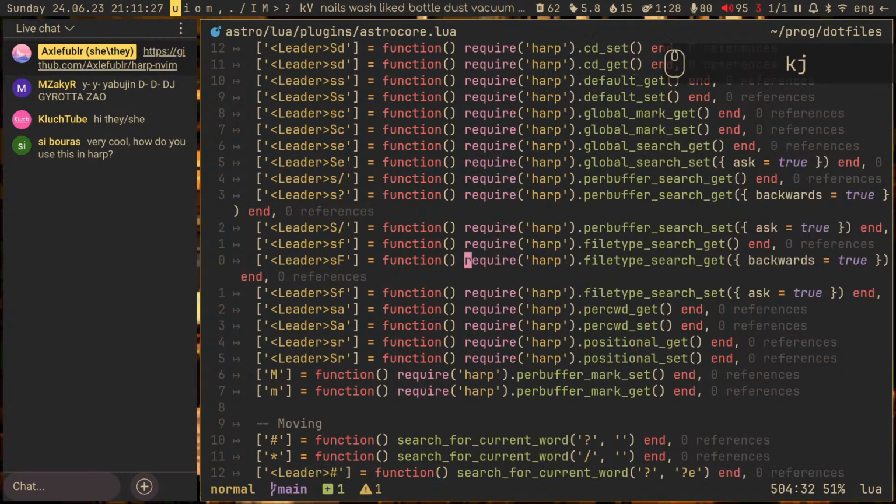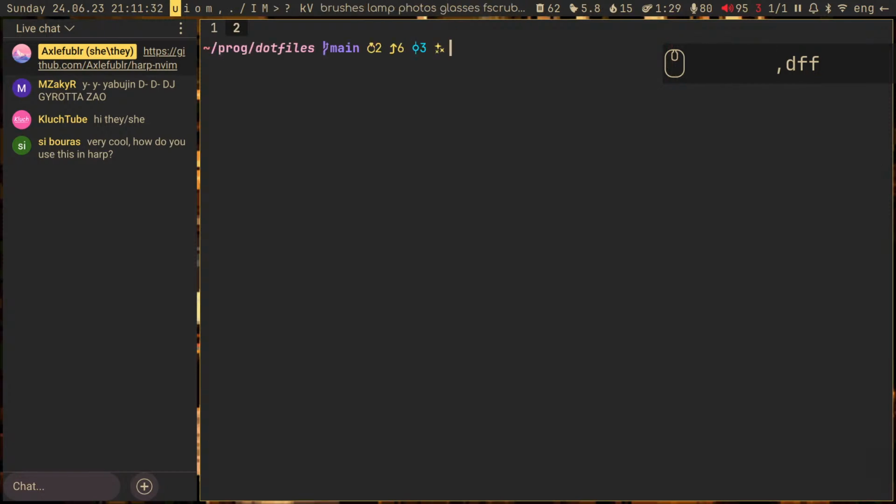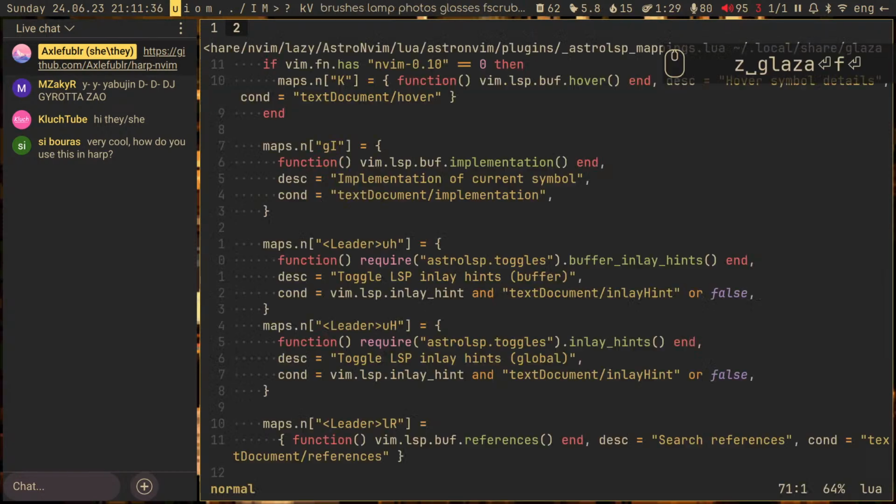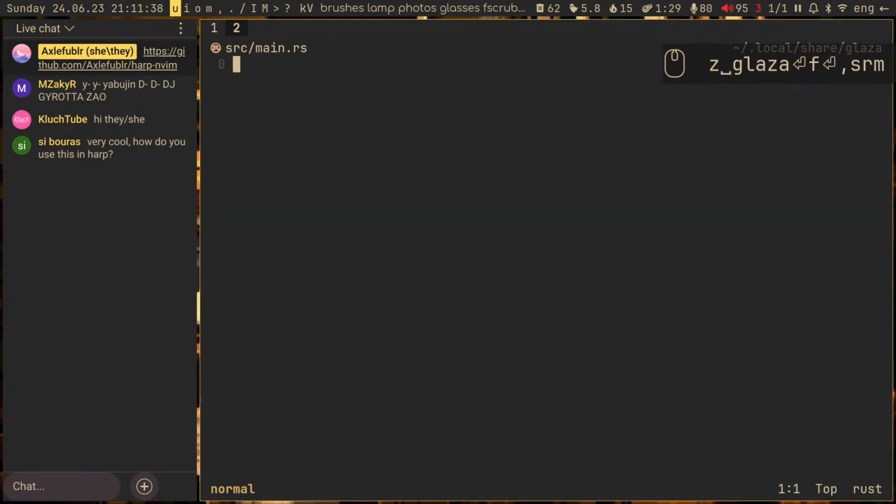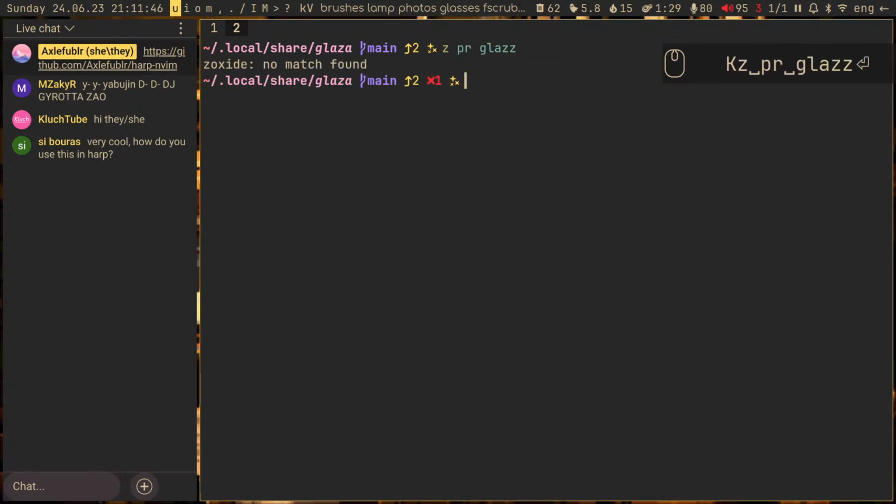So if I go to some other file, let's go to maybe Glaza. Yeah, sure, let's go to Glaza. And what? Oh, for fuck's sake, not this Glaza. Let's go to projects, Glaza. Oh, for fuck's sake. This is why I'm not super excited about Zoxide, and I would rather usually use